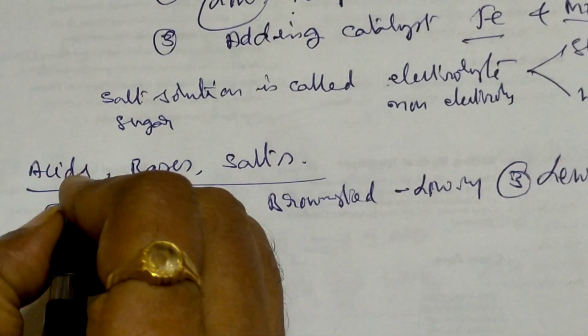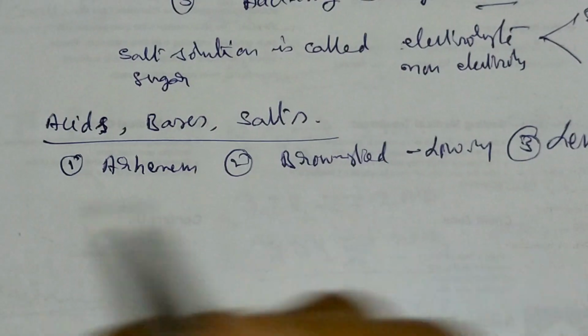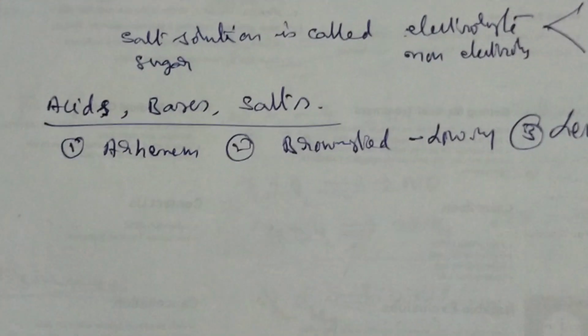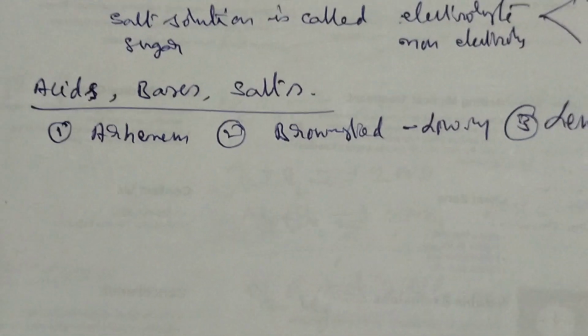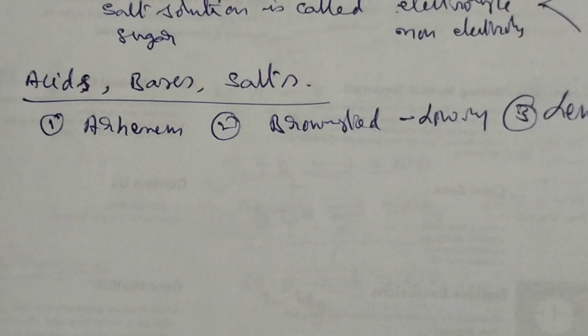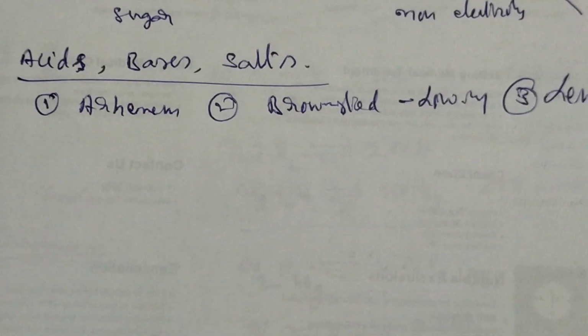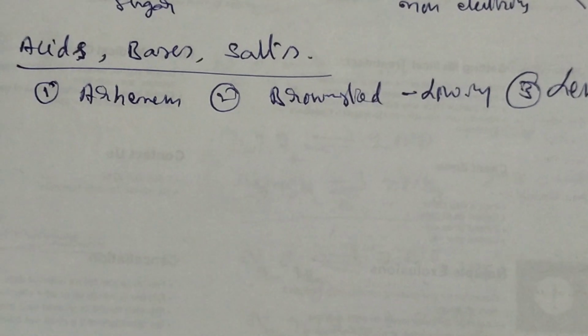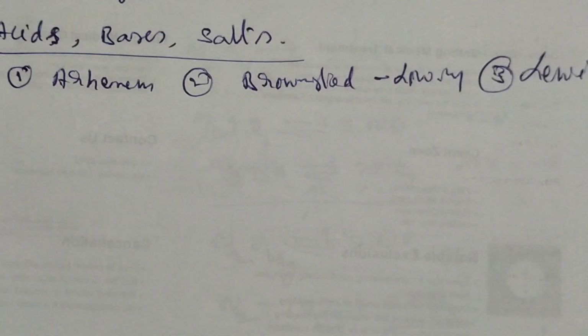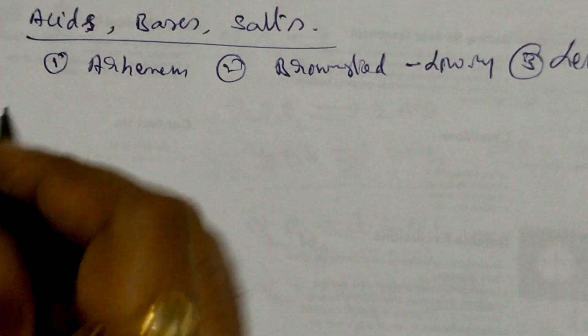So one should know about lime water or any other substance with a sour taste. Soap we know is slippery. So one should know the concepts of acid and alkali. According to Arrhenius,